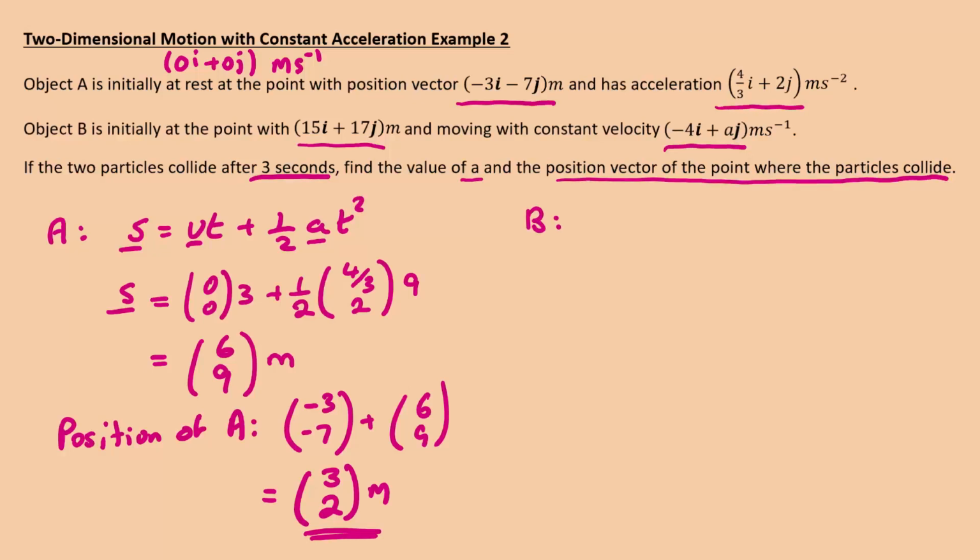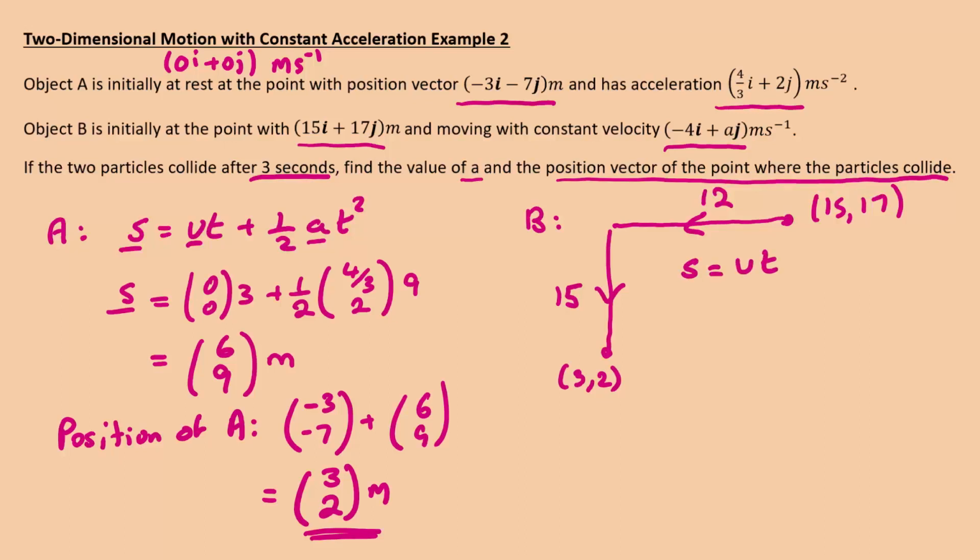So if we now look at B, what's that got to do? Well, it's got to get to the point 3, 2 from the point 15, 17. So in order to do that, it's going to have gone 12 this way and 15 this way. Since there's no acceleration, let's just use s = ut. We know that it's gone -12, -15,